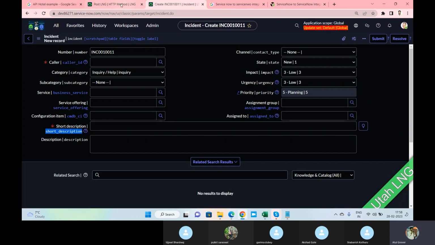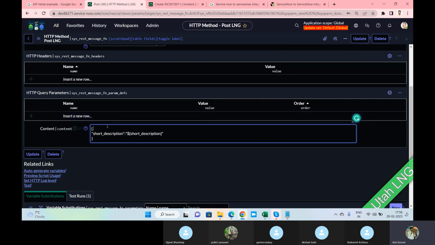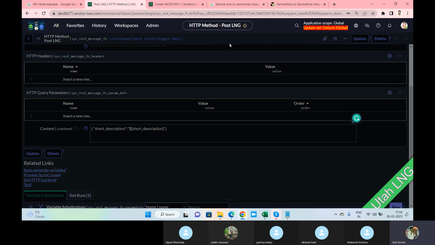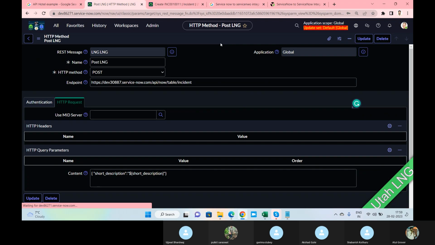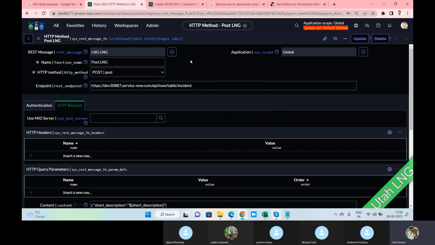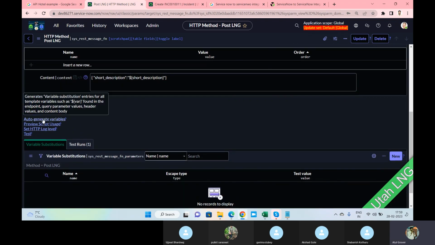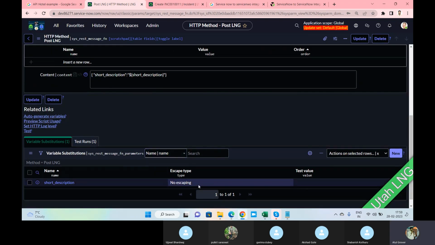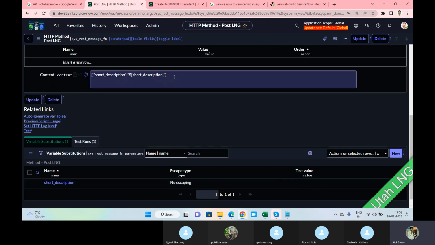Now go here and click on save. And now let's try to auto generate variables. Now you can see it is there. So there was some error with it here.